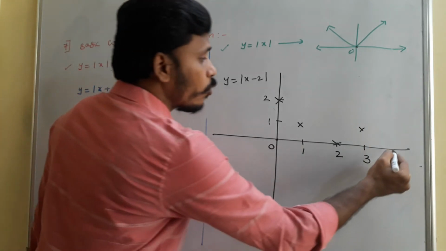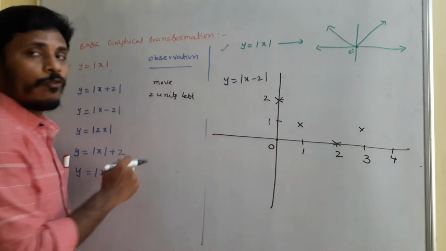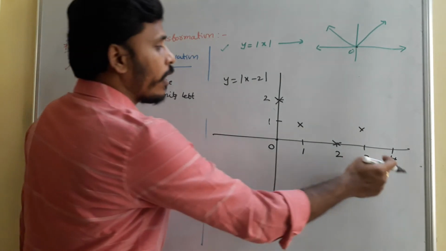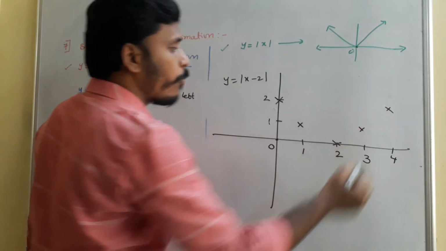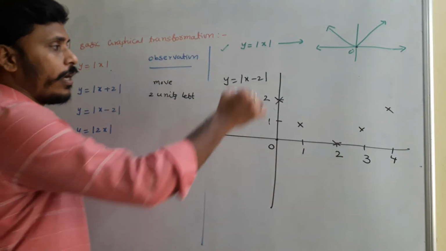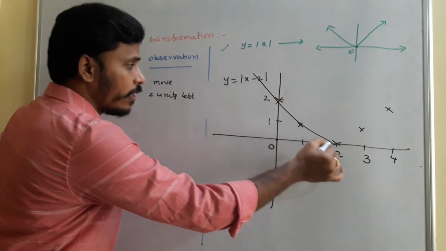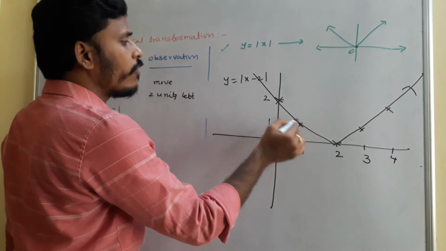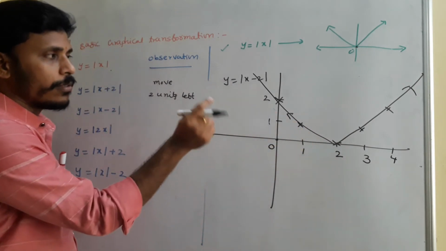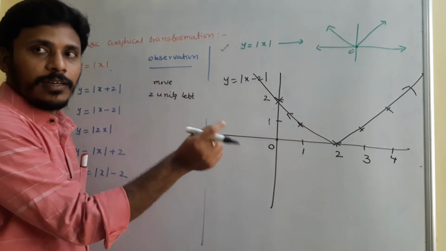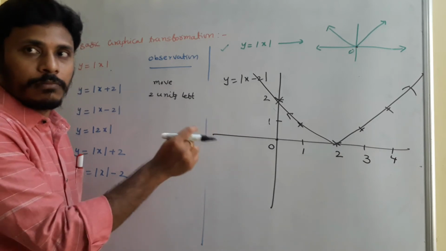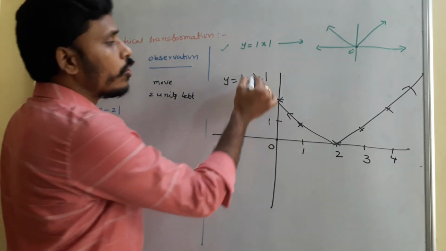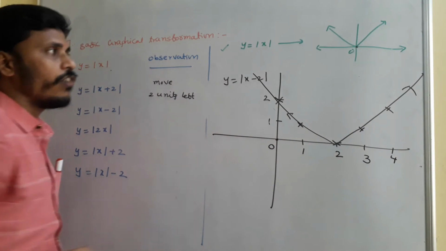And then if x is equal to 4, replace x with 4. 4 minus 2 is 2. x is 4, y is 2. This is the point. So likewise, you will get all the points. And if you join all those points, the graph just looks like this. We are just sketching a rough graph, so sometimes the point may be slightly off. It's not an exact position, an approximate position, right? So the graph is again of V shape only.